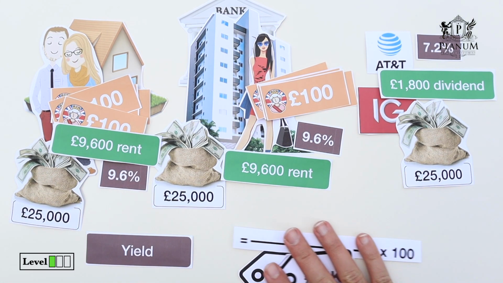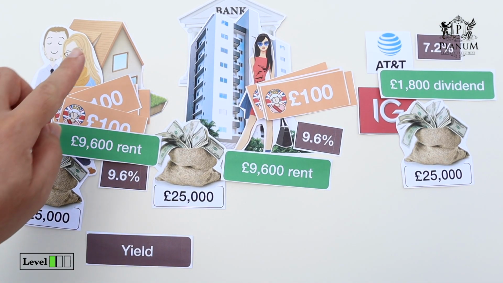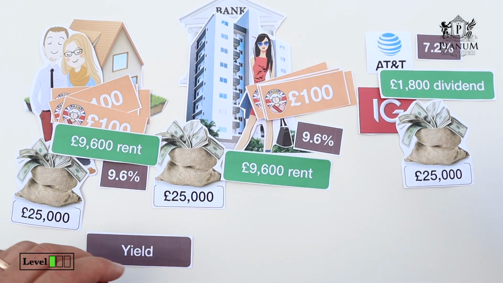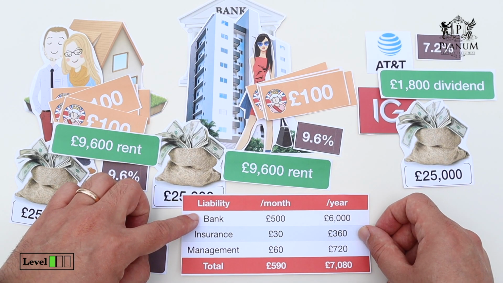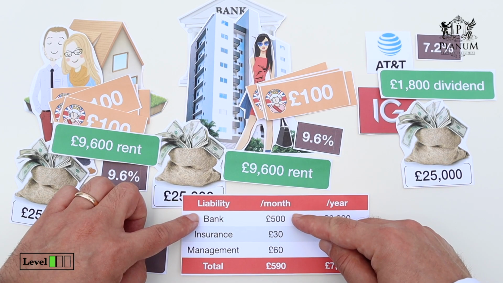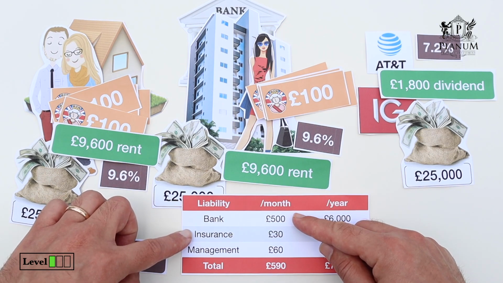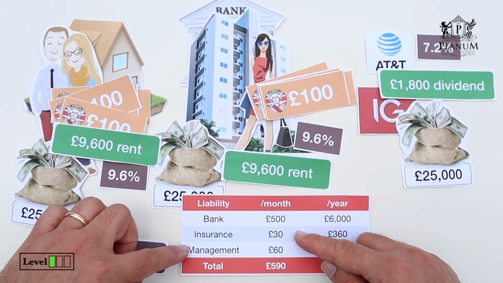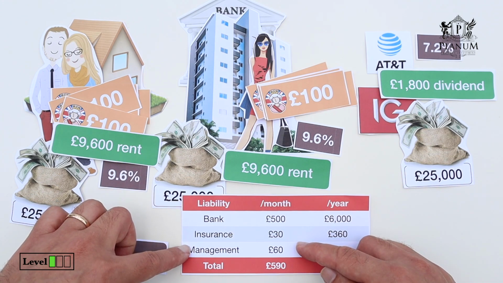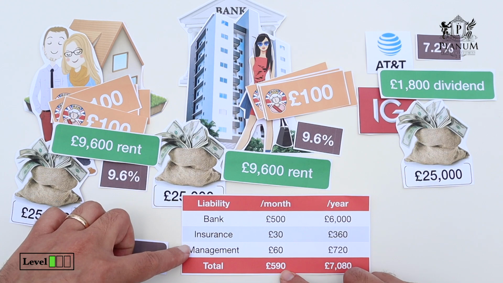For example, let's have a look at potential costs of being a landlord for the single dwelling house. You will be looking at repayment of your loan to the bank. Let's say in this example that's £500 a month. You have to insure the building, as well as take on landlord insurance if you wish to, and that's about £30 a month. You might also like a professional management company to look after your tenants, and let's say in this example that costs you £60. So in total, you do have a liability of £590 per month,